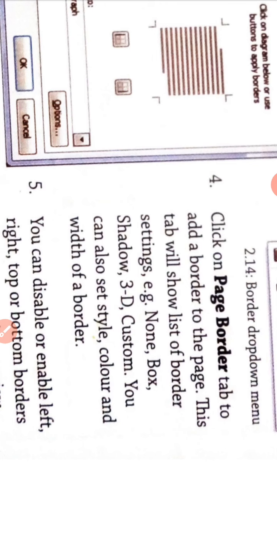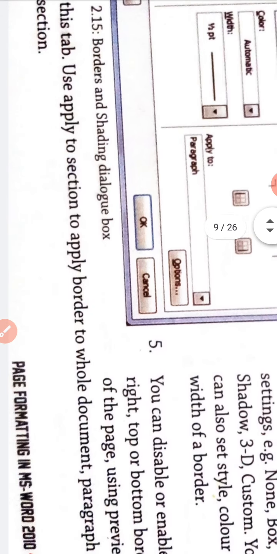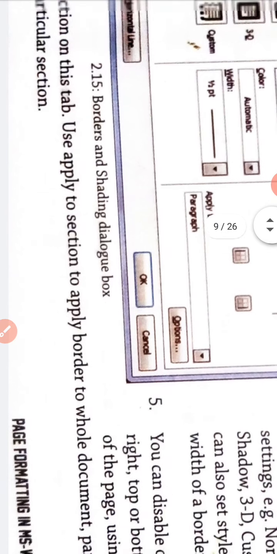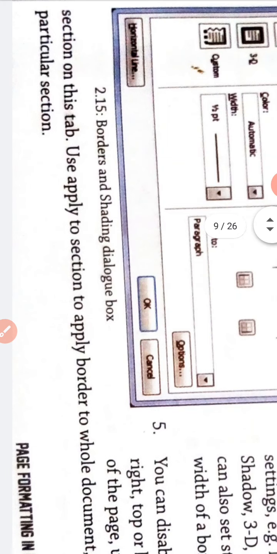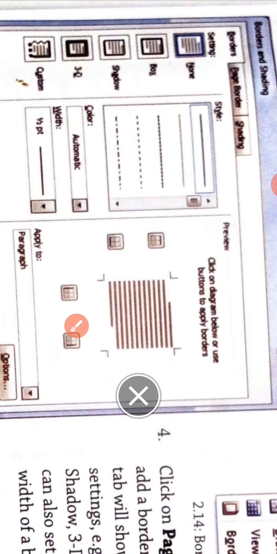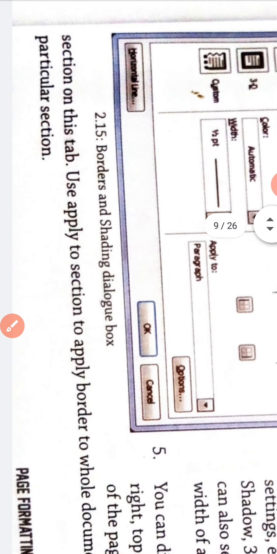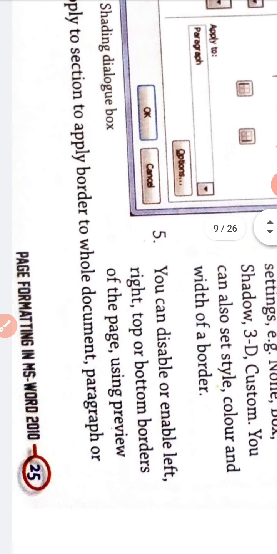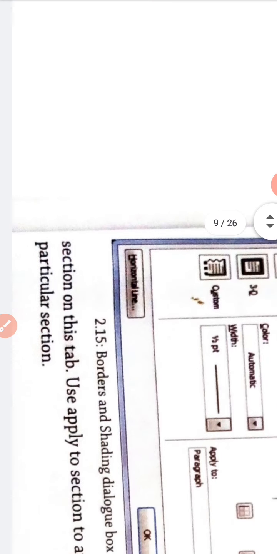You can also set style, color and width of the border. Step 5. You can disable or enable left, right, top or bottom borders of the page using preview section on this tab. Use Apply to section to apply border to the whole document, paragraph or particular section.